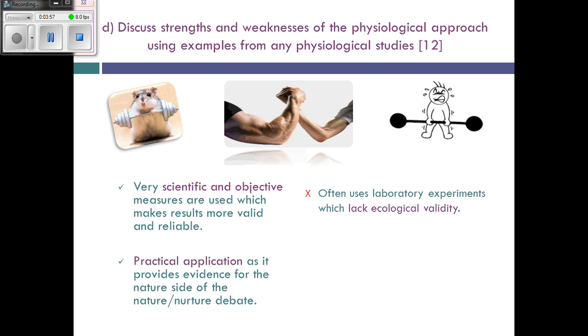The approach is good because it's got practical applications. They've all got practical applications, so they're all good for that reason. I'd probably get rid of where it says nature-nurture debate because the studies of this approach are very difficult to explain why they support nature-nurture debate, so just get rid of that. Just say it's got practical application because it's useful. It can be used in an everyday setting to benefit society. So for example,